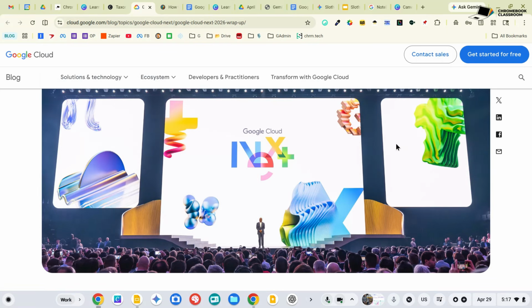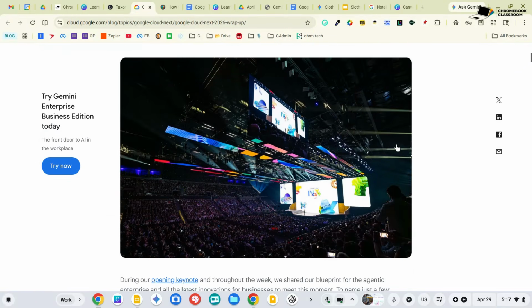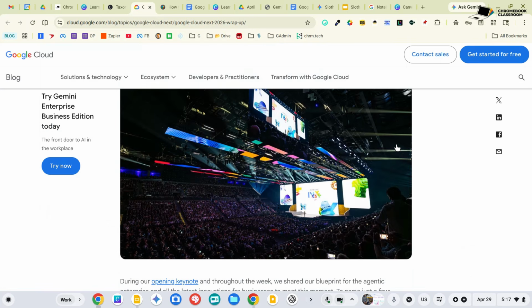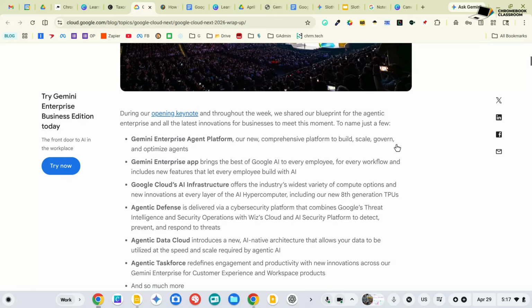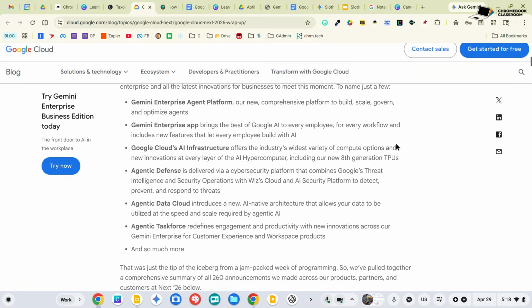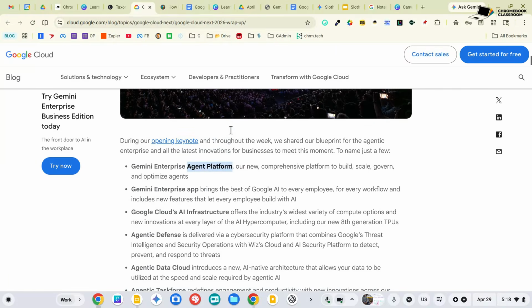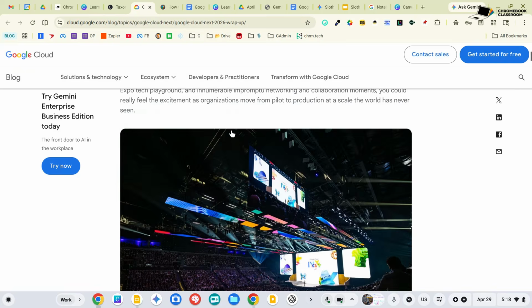but it is something that I pay attention to because the things that Google announces at Cloud Next, these are the tools that developers use to create the next generation of consumer products and applications. So you can kind of anticipate where things are going by looking at the developer resources that Google is preparing and announcing. The Cloud Next conference was dominated by a single word or a phrase. They called it the Agentic era.